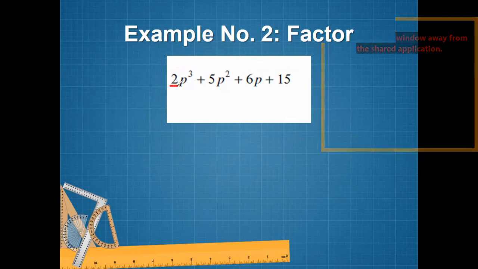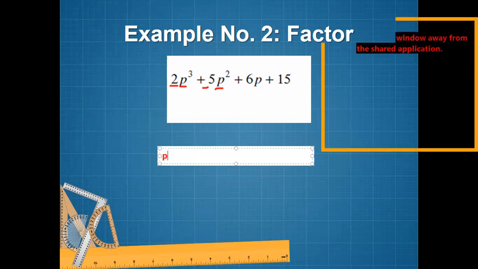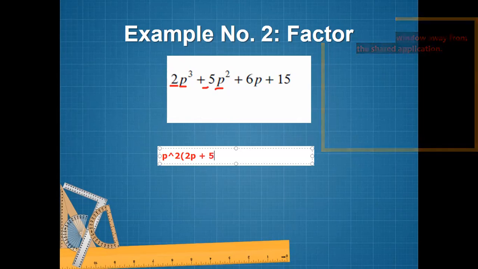But we can factor out p cubed and p squared. In this case, that's p squared multiplied by 2p, so it becomes 2p cubed. The factor that you multiply to p squared for 5p squared is 5. So we get p squared multiplied by 2p plus 5, plus